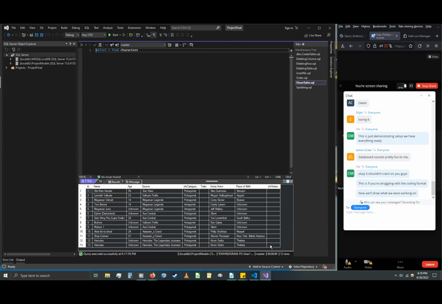But we also notice that there's the same identity for another character. So what we do to fix that